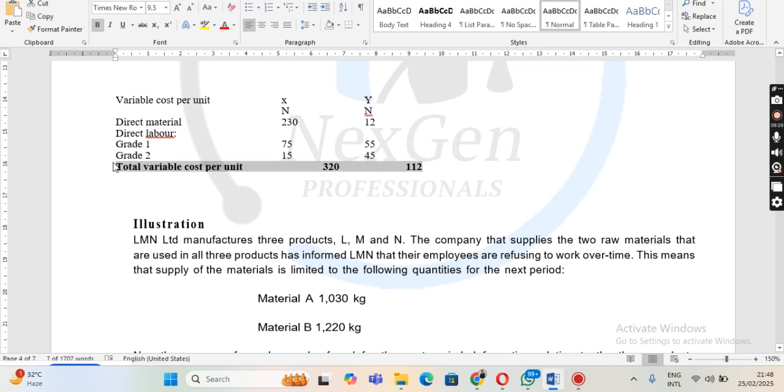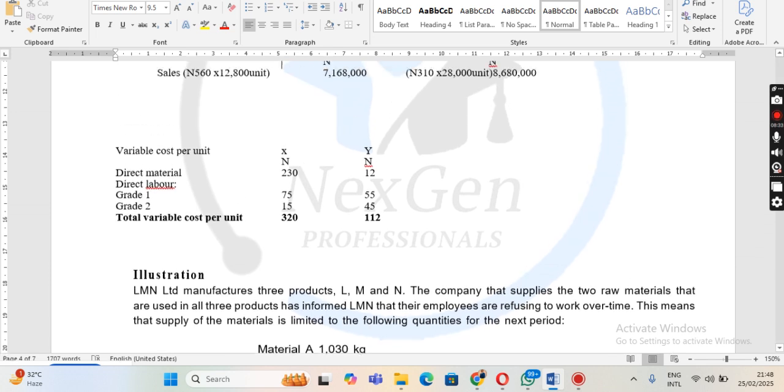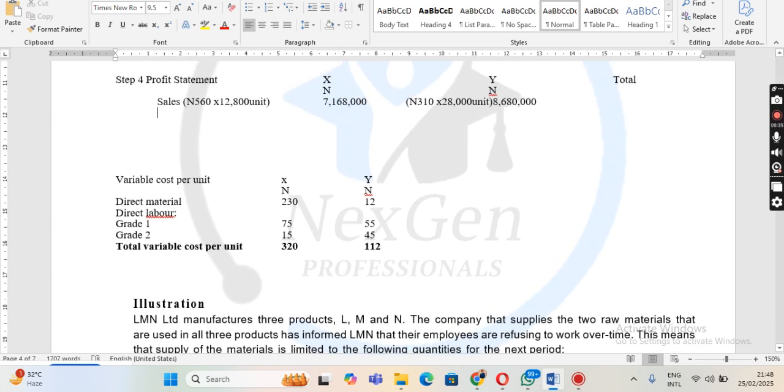Okay, so we need to work smart. So that's why we need to just do this one outside. We'll bring in the variable cost per unit. We say total variable costs. So for X it is 320